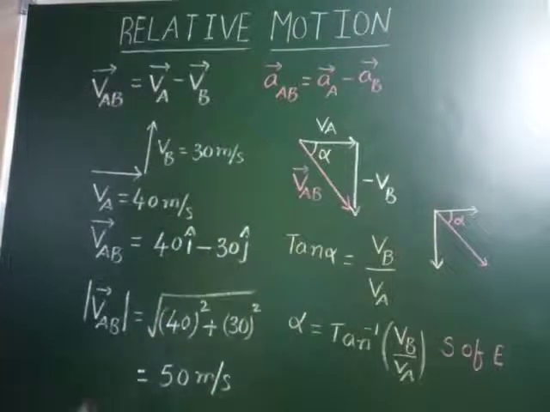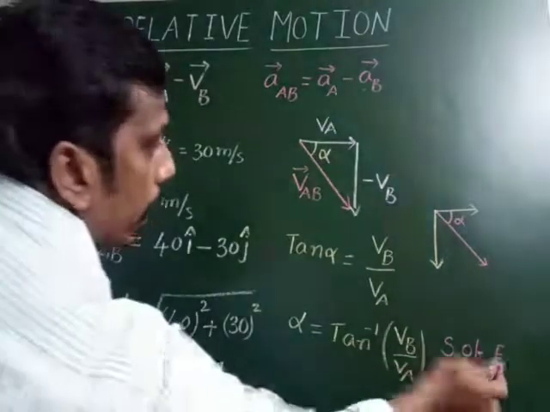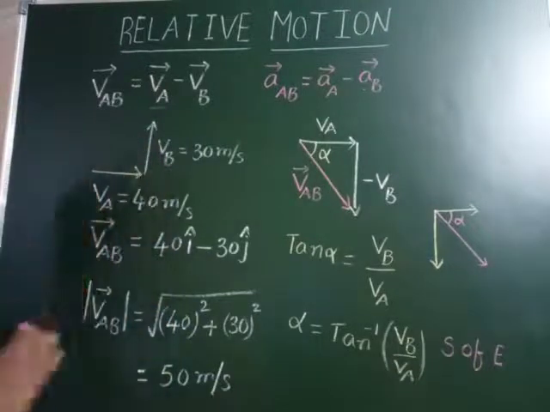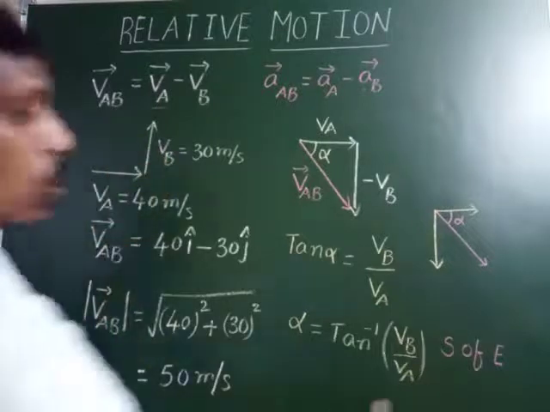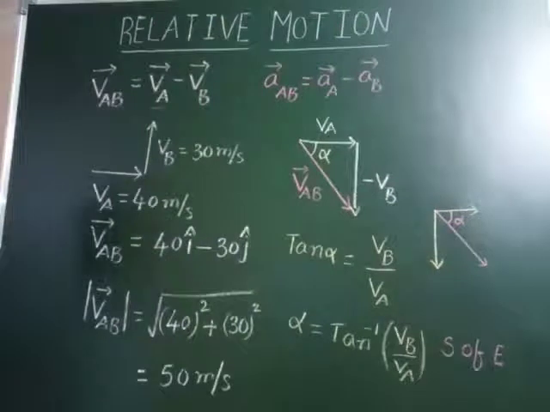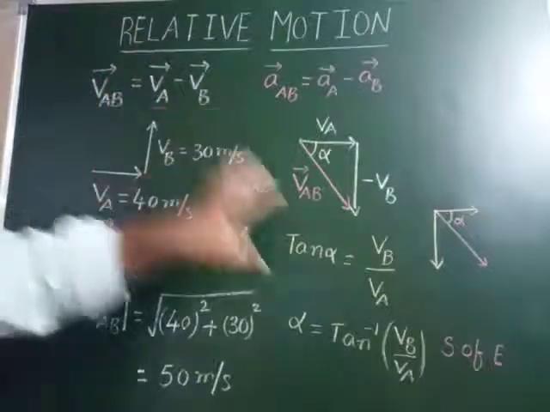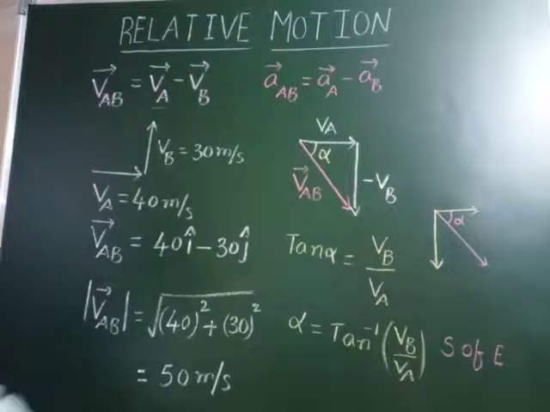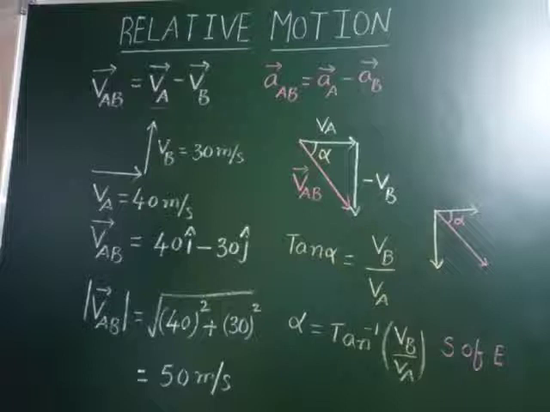Now if you observe here, for VA there is no change in the initial and final direction, so we keep VA in the same direction, east. But VB we reverse the direction. Reverse direction means opposite to north, that is south. So the resultant answer is south of east. VA direction does not change, that's why keep it as it is. VB we reverse the direction. That's why the resultant is south of east. Alpha is tan inverse of VB by VA, south of east is the correct answer.